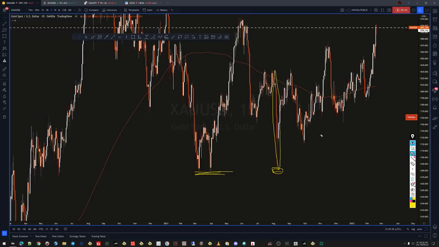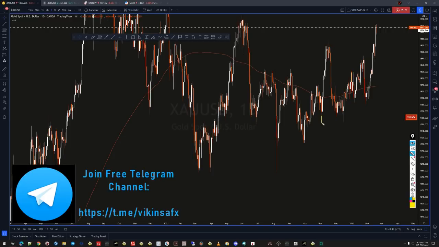And what I can see is that there are several liquidity grab points available on gold now. So this is one area, this is another area, this is obviously an area, this is an area, right? And so far the market has been going up, up, up. So you should be careful that, at some point in time, it can actually fall down. So you have to be careful with that, right?